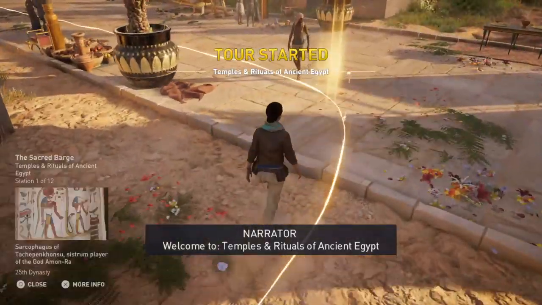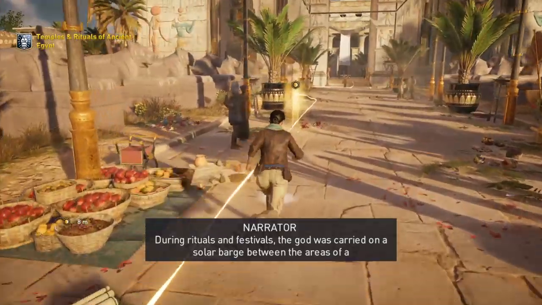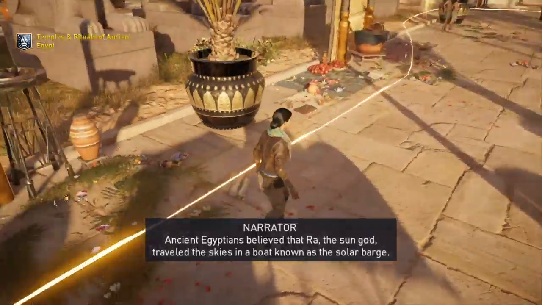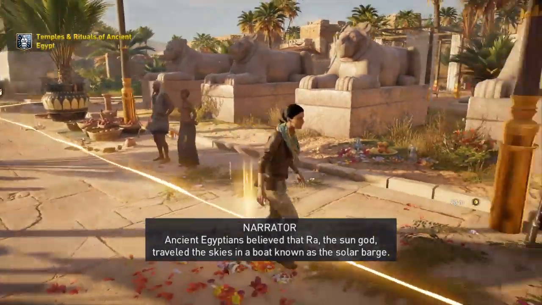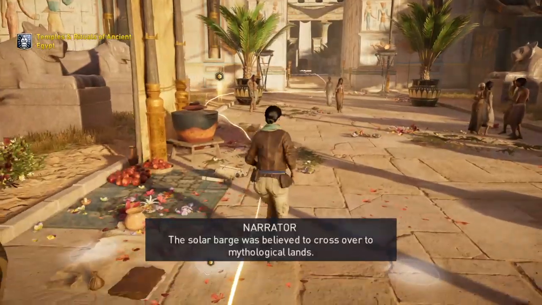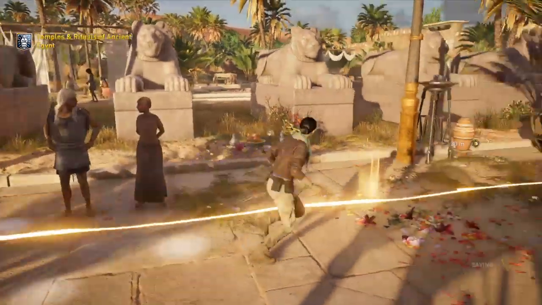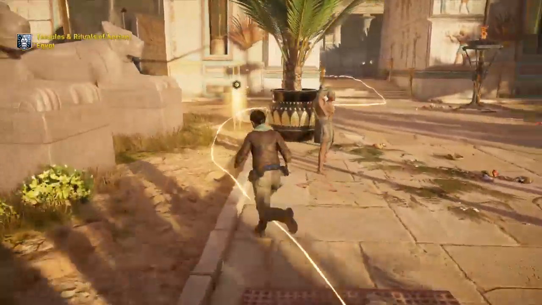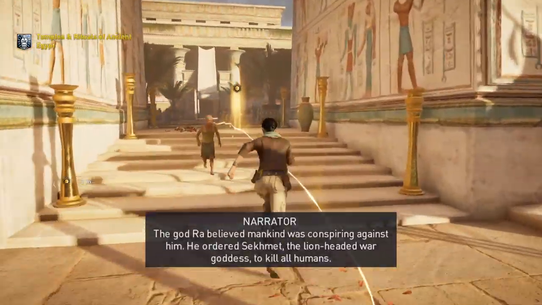Welcome to Temples and... During rituals and festivals, the god was carried on a... Ancient Egyptians believed that Ra, the sun god, traveled the skies in a boat known as the solar barge. The solar barge was believed to cross over to mythological lands. The god Ra believed mankind was